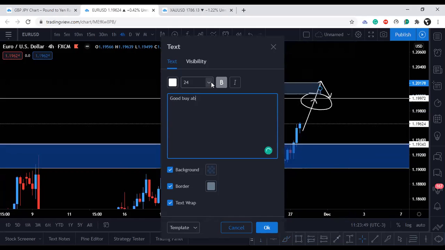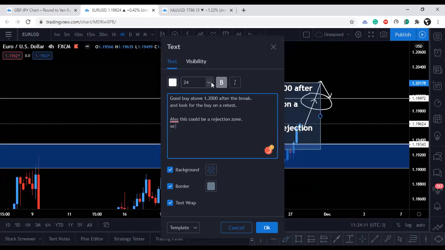Good buy above 1.20 after the break, and look for the buy on a retest. Also, this could be a rejection zone. So if we have a good bearish